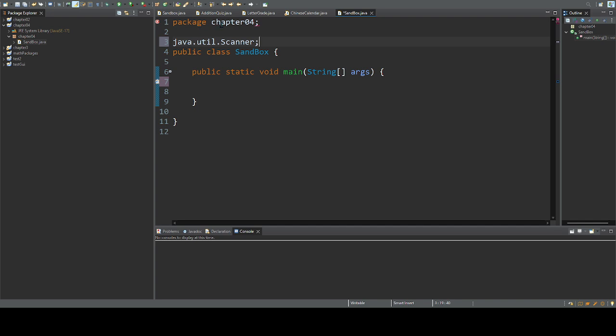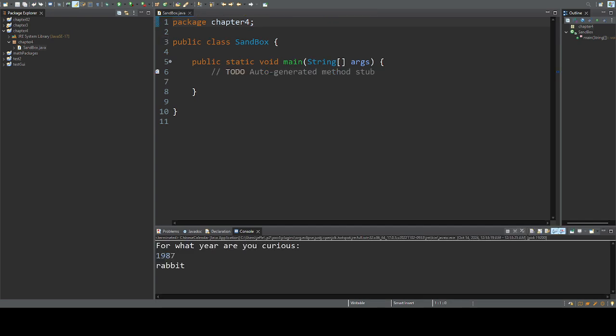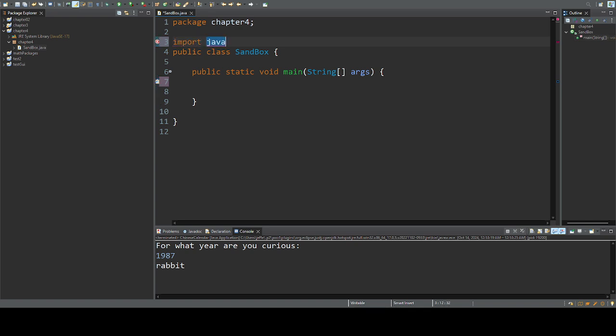What happened to getting a package error for a change? Got a package error on the creation. I'm going to recreate my project here. All right, I had to recreate the project. For some reason, it didn't see the package on the initial project. I've seen this happen a couple times in Java. So I deleted the project chapter 4 and I recreated it. And now it sees the package properly. So I'll come back in and we'll import